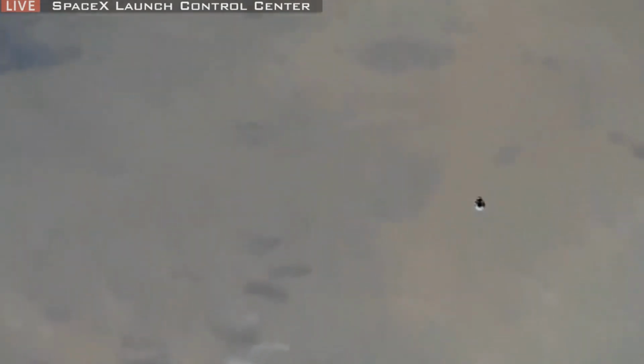And it looks like the crew just has a couple of steps left until they're done getting into their suits, and then they'll go ahead and do another leak check. This will be the 3rd leak check they've done in these suits since their day started yesterday. They did an initial one when they got suited up in the operations and checkout facility down on the ground